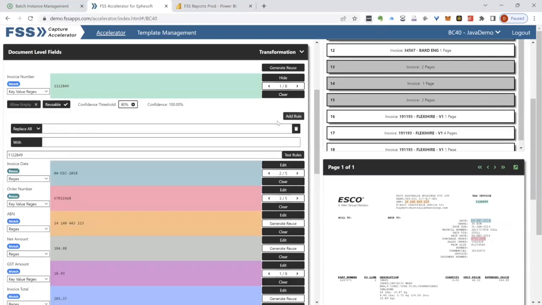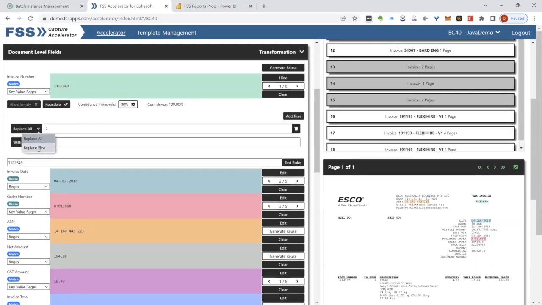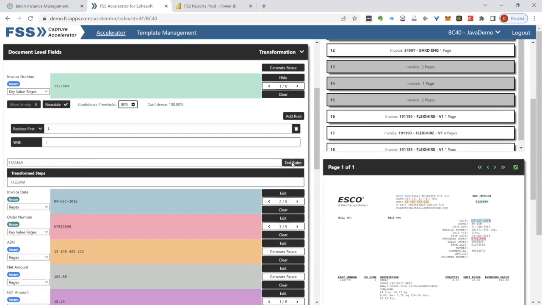So I could add a transformation into my invoice number, for example, and say this is always an I at the beginning of this invoice number, but it's always reading as a 1. I could say replace the first 1 with an I, and then we can test what that would do with the results, and it would put an I in there. So useful for correcting consistent OCR issues,